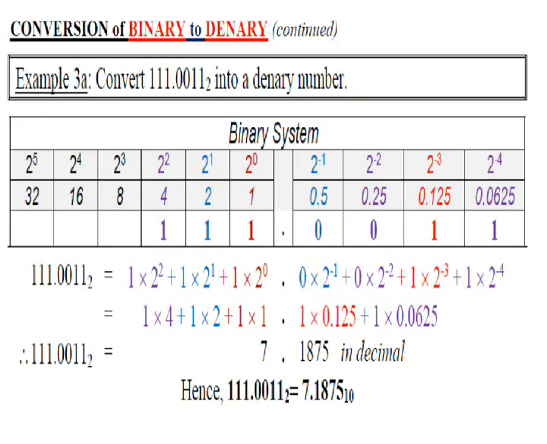Binary to denary conversions continued. This is example 3a here. We're asked to convert 111.0011 base 2 to a denary number. So my column heading formats to the left of the decimal point will be 2 to the 0, 2 to the 1, 2 to the 2, 2 to the 3, 2 to the 4, 2 to the 5, and to the right of the decimal point 2 to the minus 1, 2 to the minus 2, 2 to the minus 3, 2 to the minus 4. And from the question, our binary number is given as